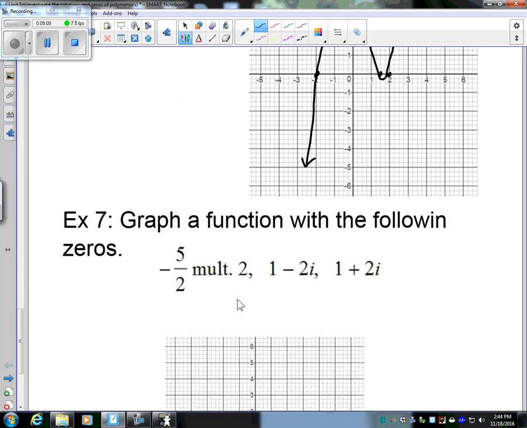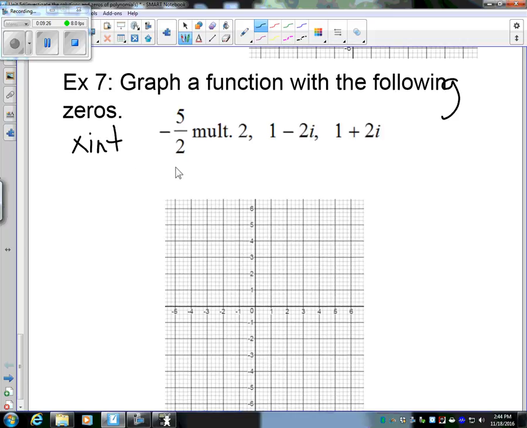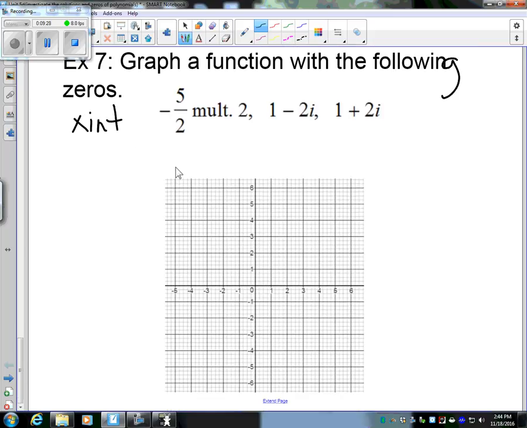Alright, graph a function with the following zeros. Zeros, again, just like x-intercepts. So we have negative 5 over 2, which is negative 2.5. That's multiple of 2, so that means it's going to be a quadratic shape. It's going to come down and hit the x-axis, come back up, or come up, hit the x-axis, and go back down. These two zeros are imaginary,